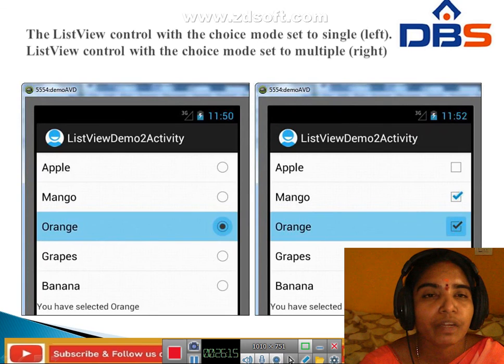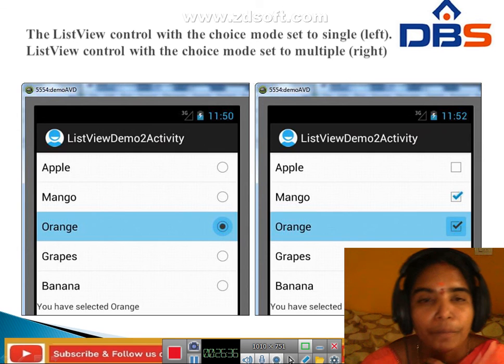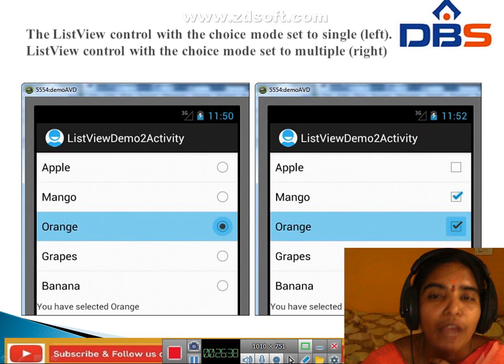Next, this is the output for the above code in ListViewDemo2 activity. First, this is the list view control with the choice mode set to single. This is the list view control with the choice mode set to multiple, in the Demo 2 activity.